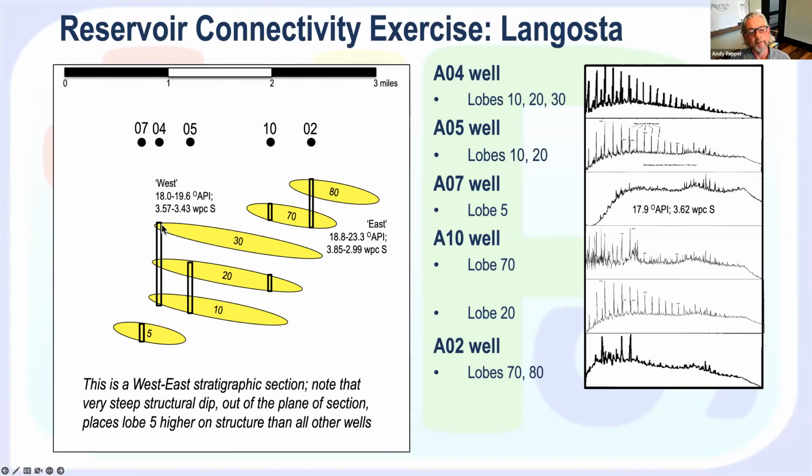And so, one of the drawbacks with using producing data for fingerprinting as well is that often it's not clear where the sample came from. Often, with MDT data, it's clear where the sample came from. Here, we actually have a little bit of ambiguity as to where the sample came from because it was completed against multiple zones. So I just wanted to show you these examples. These are both